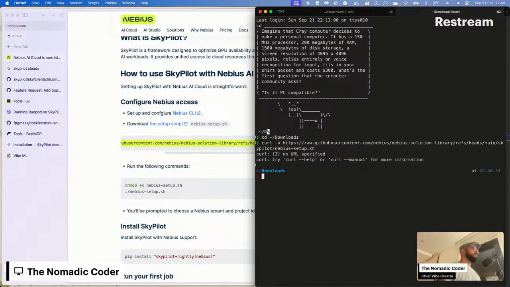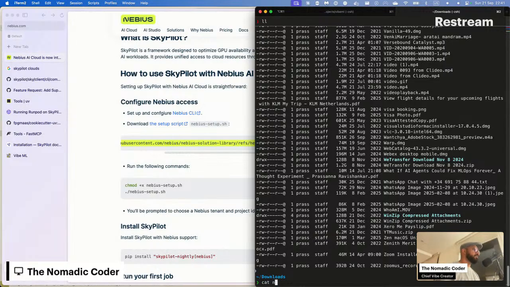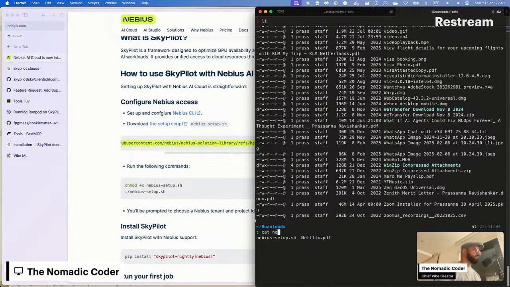Is it this? No, it's this. Why didn't this work?